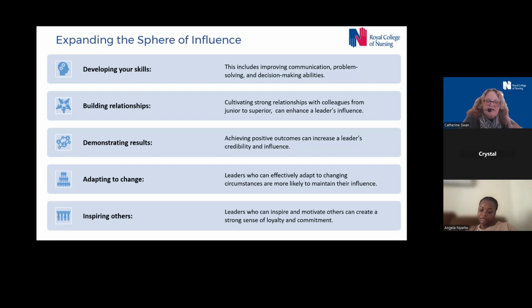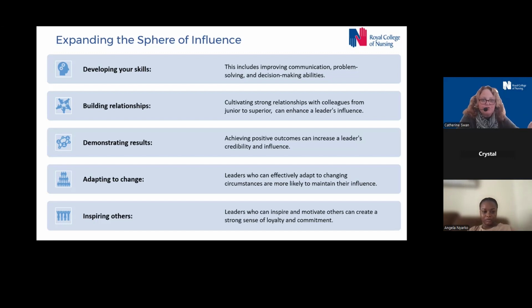It's credible and it's influenceable, and people will remember it. And then for your next project, that sphere of influence will grow even more. And adapting to change, I think that's the most important thing. Effectively adapting to changing circumstances, and using your sphere of influence to help people to adapt to that change.